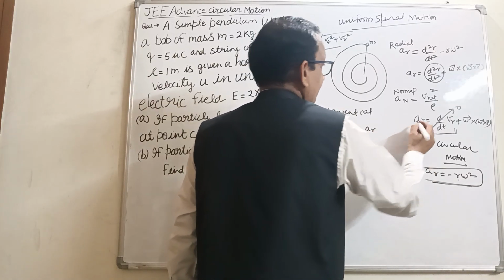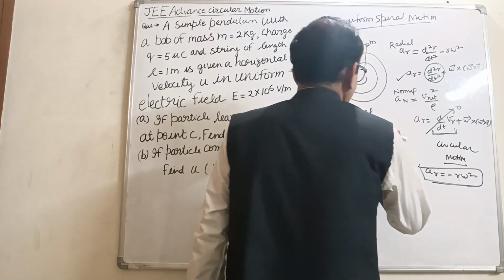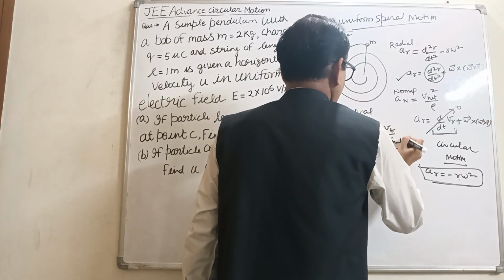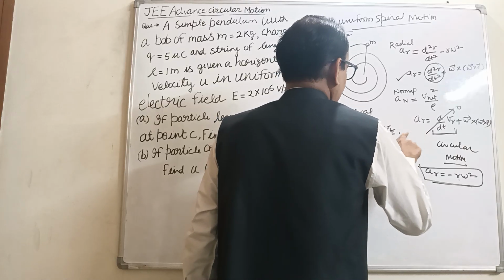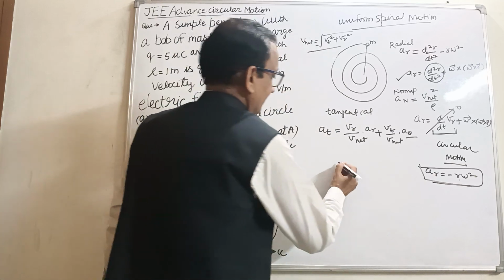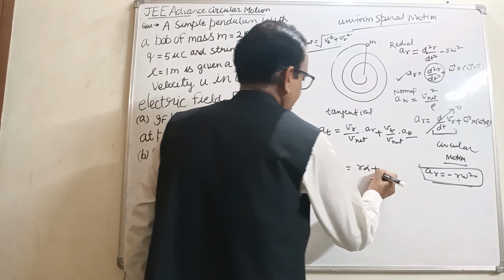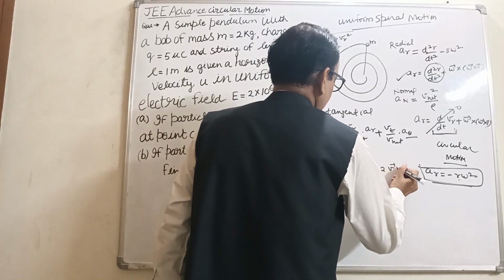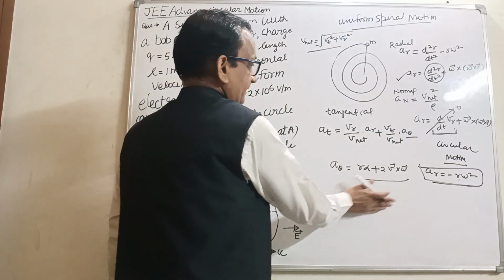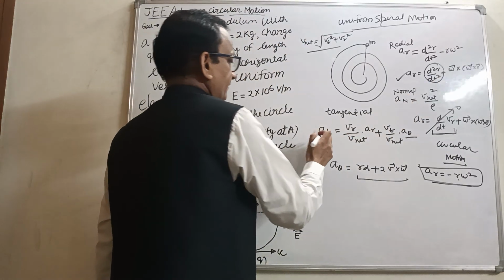So V net into Ar, where Ar is the radial acceleration. So what is radial acceleration? This is the radial acceleration here, plus Vt upon V net into A theta. Is it transverse acceleration? What is transverse acceleration? We have written earlier, this is R alpha plus 2 V vector cross omega vector. This is transverse acceleration. So placing the value of transverse acceleration and the value of Ar radial acceleration, we get